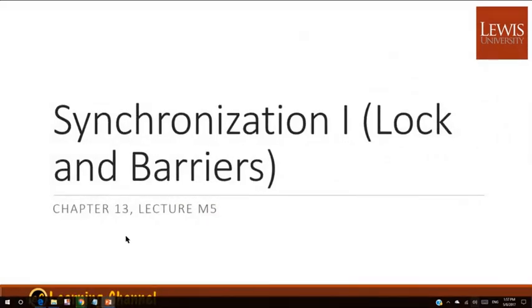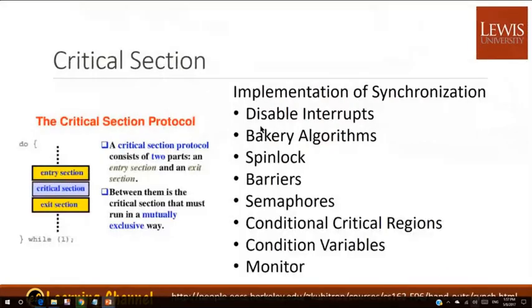Now we will start lecture 5, the synchronization scheme, the data synchronization scheme. Part 1, we will be on lock and barrier. And before we dive into the lock and barrier, let's look at the implementation methods for synchronization, including disable